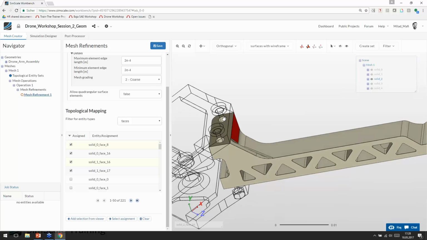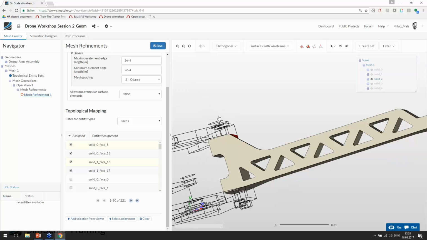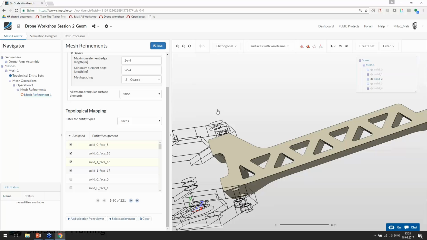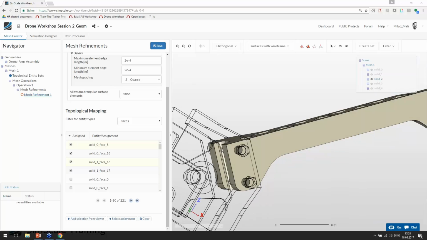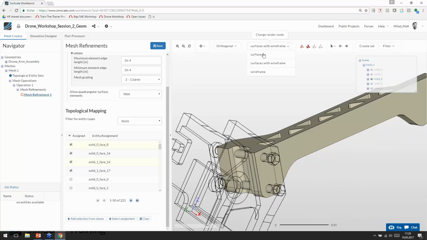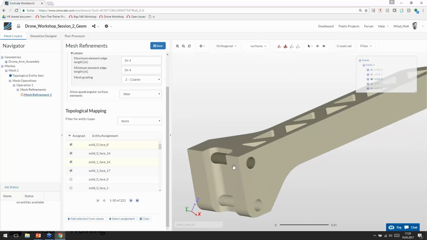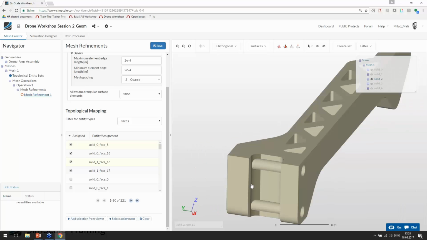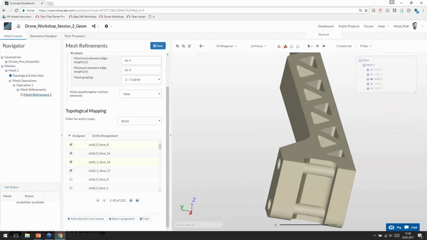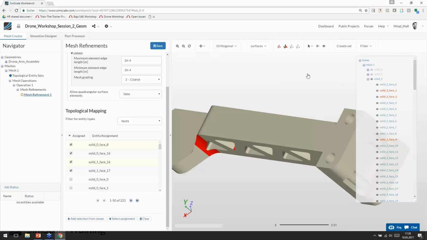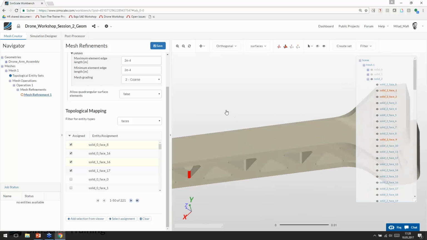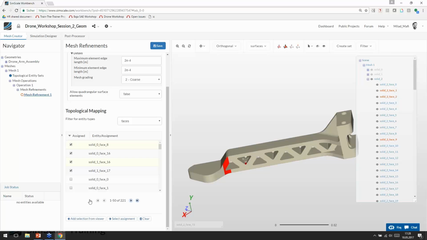And we have to do it here. We can change the representation by the way to surfaces, which makes things a little bit easier. We will add it to face 1 and 2 here and here, since we expect here to have a lot of bending. Add it to selection,